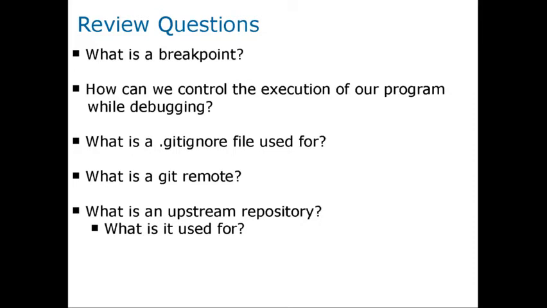Does anybody know an example or remember an example from the prep work of the kinds of files that we might put into a Git Ignore so that they're not tracked? .idea, so what is that file? Stuff that IntelliJ uses to store metadata. It's your project file, basically, right? It's an IntelliJ file. The reason that we don't want to track that is because, let's say I'm working on a project with somebody else, or 10 other somebody else's, right? They probably already have a project set up on their computer that's looking at their version of stuff. And so if I commit my project file, it's going to be in direct conflict to that. That's a little bit vague, I realize after saying it, but